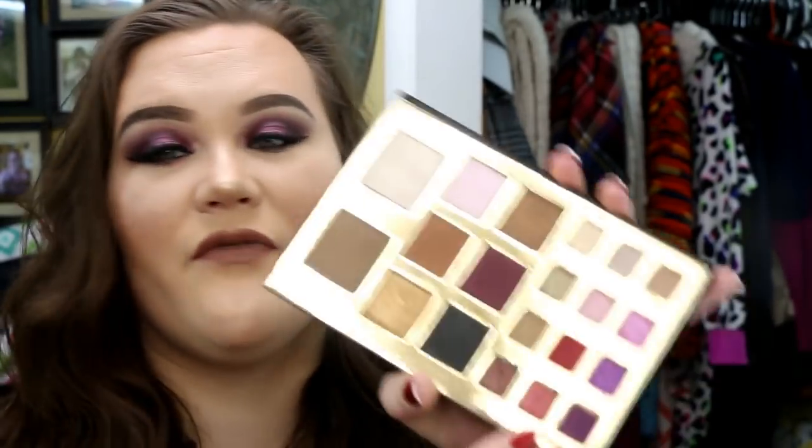I am always astounded at their price. For me personally, I'm not a big fan of the pan size on these, just because I found it a little difficult. Even in my swatches, you guys noticed some of them just looked a little bit janky, and it's just because I had a harder time getting in that pan. But with that being said, I did go in pretty heavy on this pink shade right here,